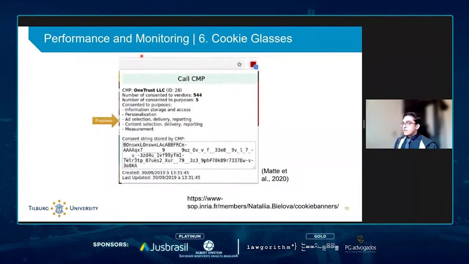which is where we come to the second tool, Cookie Class, which is based on the research conducted by Mate et al. And it is a scaled down version of a different tool that they developed for testing cookie consents, but both of these, Consent-O-Matic and Cookie Class, are Google Chrome web browser plugins. And this essentially decodes the consent string stored by the consent management platform to help you see what consent has actually been stored, so that you can ideally compare it to the consent you wanted to give.